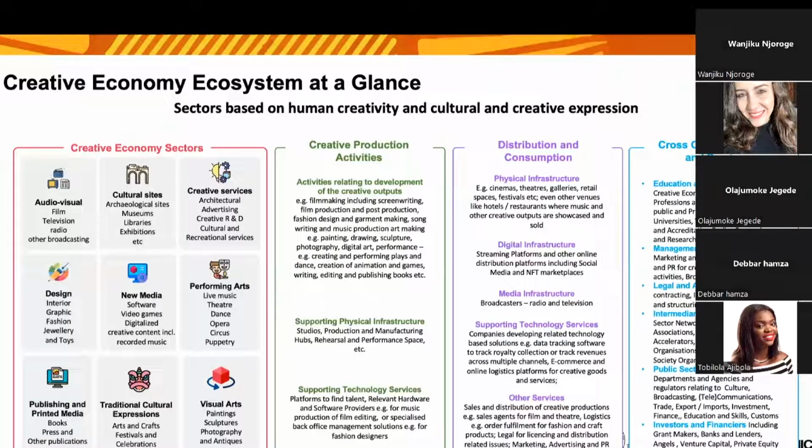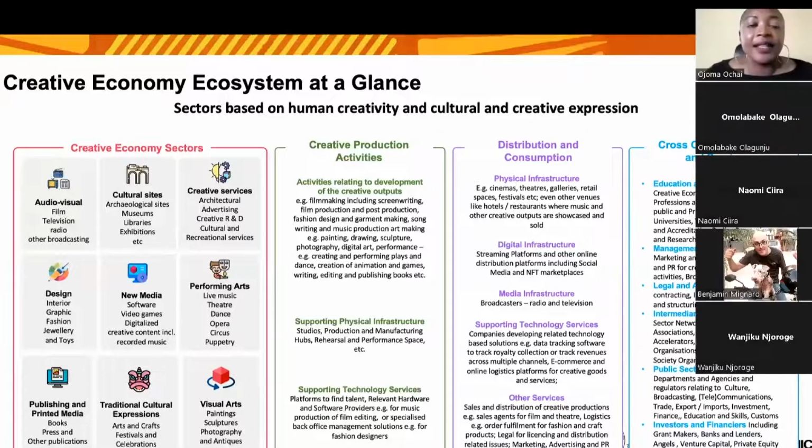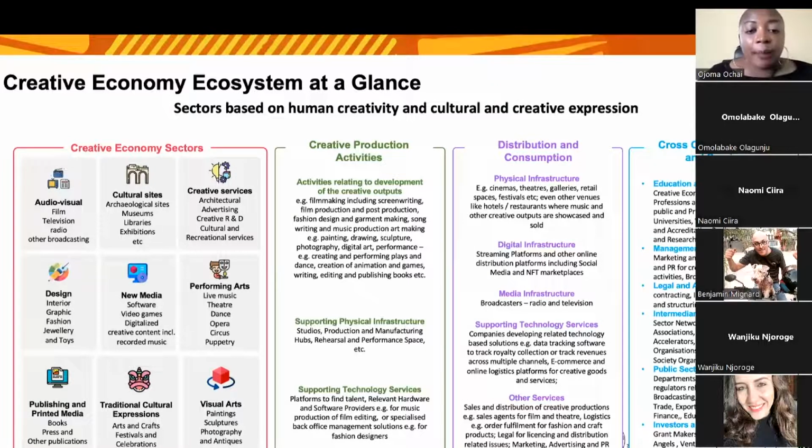There's a platform called Booking Africa that's to help find those types of creative talents that can enable the creative production activities. So that type of platform is part of the creative production ecosystem. These are all things you need to be aware of, because they help you strengthen your ability to find information. They help you strengthen your ability to find people to partner with. They help you strengthen your ability to find people to hire to do some of your creative production activity.